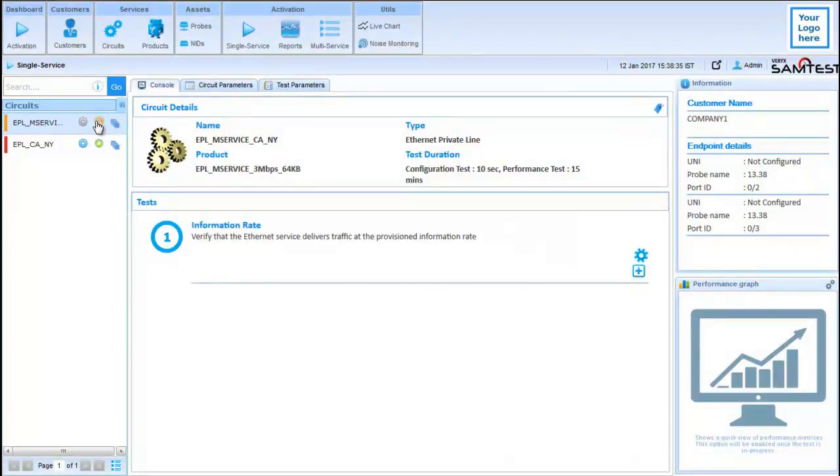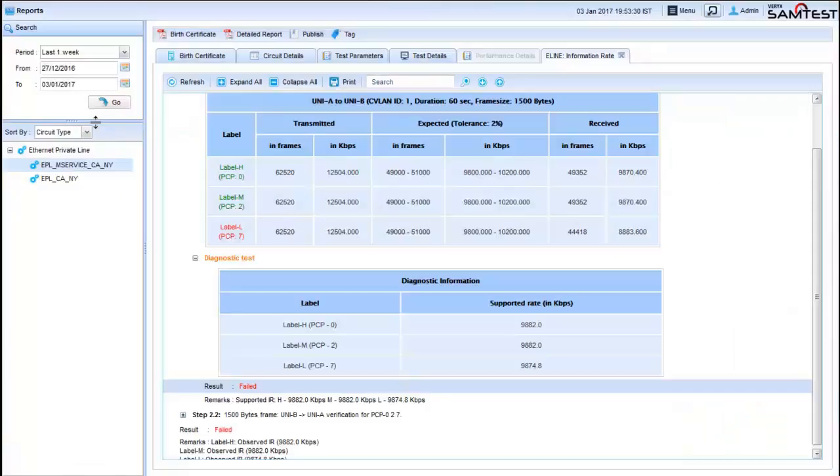for the multicast. As we verify all the three classes of services together, we notice that the class of service H and M are able to achieve the expected bandwidth profile, whereas the class of service L is unable to do so. With SAMTEST, when each of these services is diagnosed individually, the class of services L, M and H are able to achieve the expected bandwidth profile, but when it is run as multicast, the class of service L